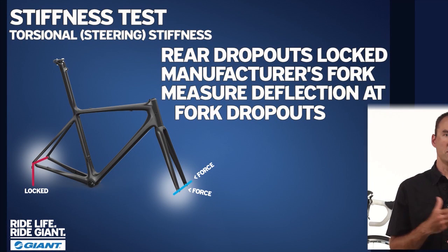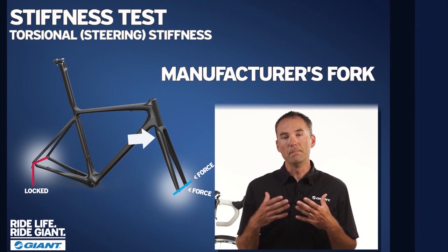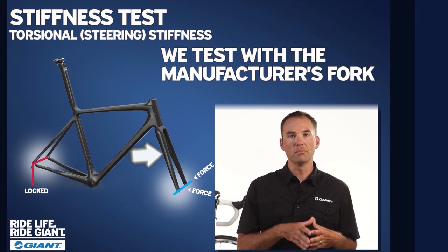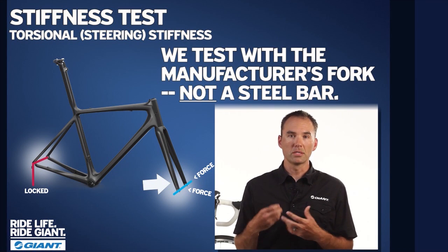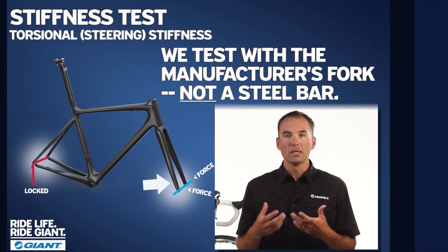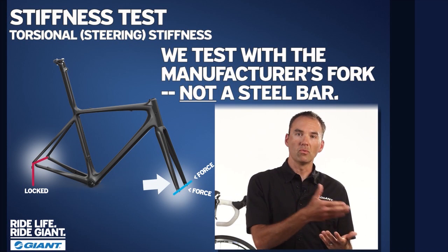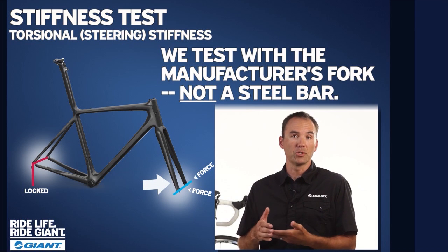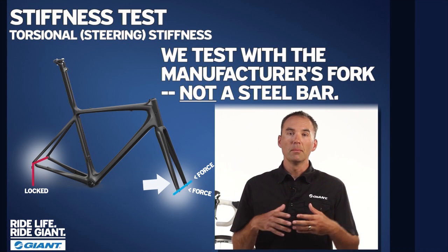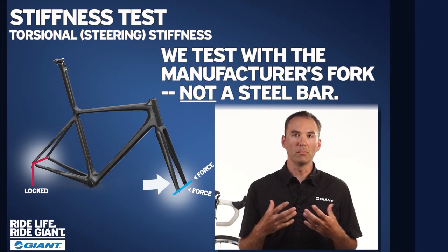Now this test is going to differ from some of the other testing methodology that you'll see in the cycling industry. The main difference is the fact that we use the manufacturer supplied fork versus using a steel bar that some of the other manufacturers will use. The main problem with using a steel bar is that it's not realistic. You don't ride a frame with a steel bar. You're riding a frame and a manufacturer's proprietary fork. By using the fork along with the frame, we get a more realistic sense of how a bike will actually